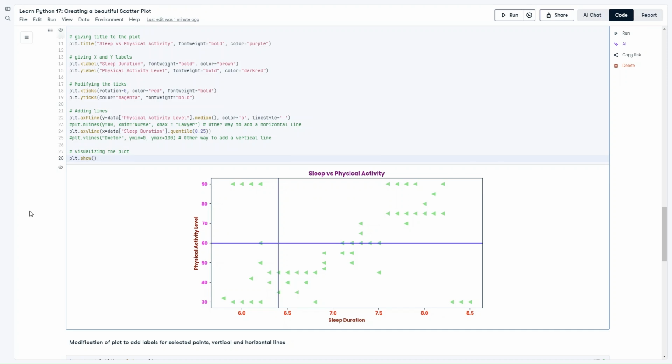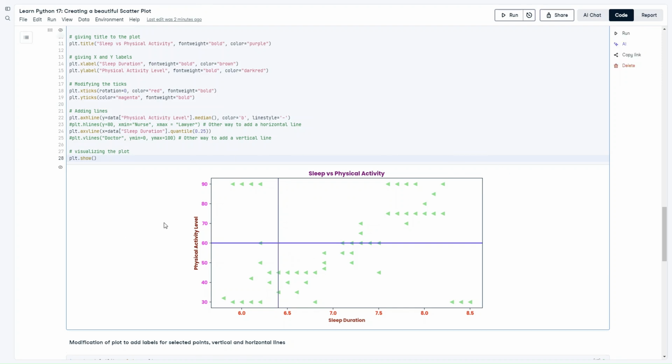One is you can understand what is the relationship between these two variables, whether they are correlated or not correlated. That is one thing. The other thing is that you can even use it for segmentation of your data set as well. So for example, here, if I want to actually break these